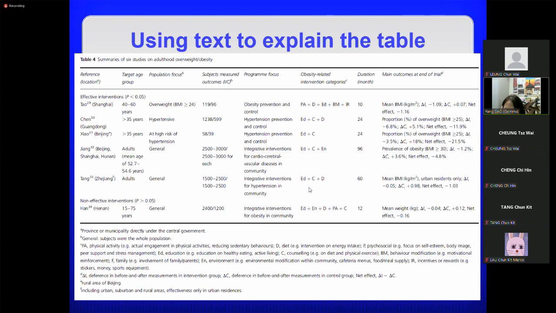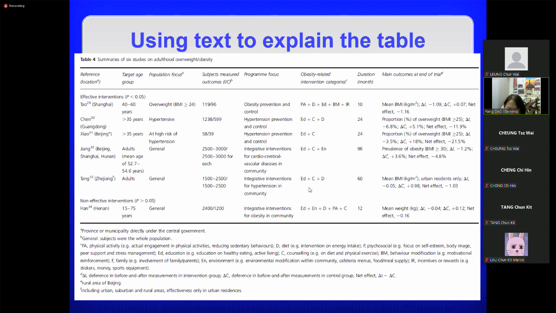The duration of the intervention is 10 months, and the outcome measured is the change in BMI. That means BMI significantly decreased. So that's the table. And as I mentioned, in terms of the literature review, better try to use tables